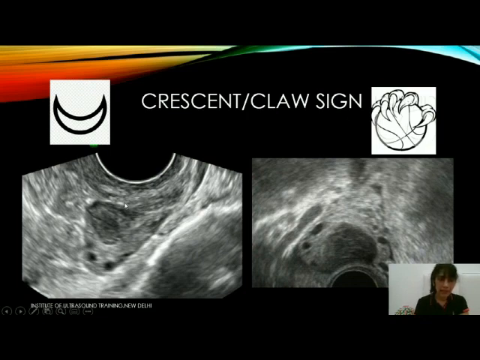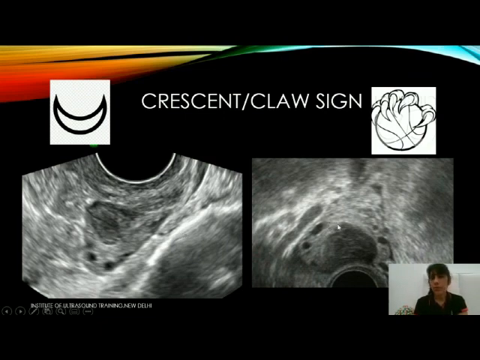Now just look at the ultrasound pictures. There's a hypoechoic mass that I can see on a transvaginal scan, and can you see that there is ovarian tissue surrounding it, like a half moon or a crescent shaped area? There's a bright area. This tissue is much brighter than this one. It has that typical shape like a half moon or crescent, and you can see small follicles in it telling you, yes, this is ovary surrounding this mass, part of the ovary surrounding this mass. So this is an intra-ovarian mass.